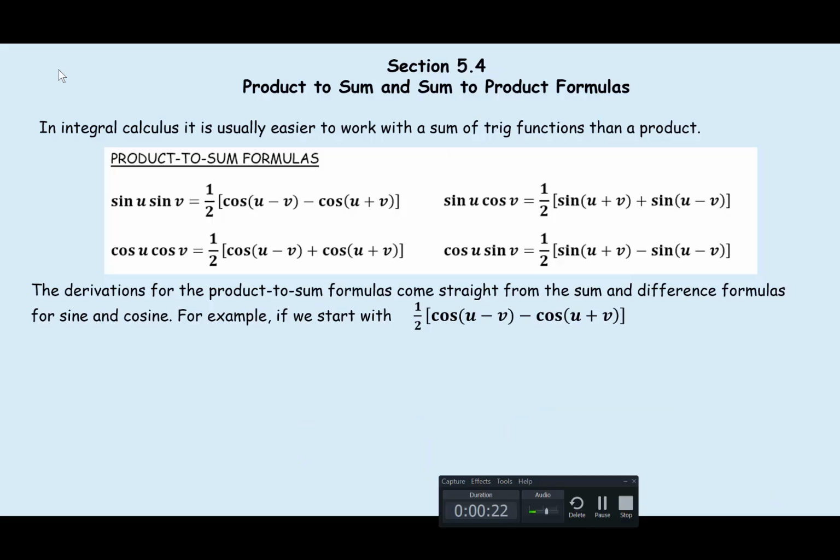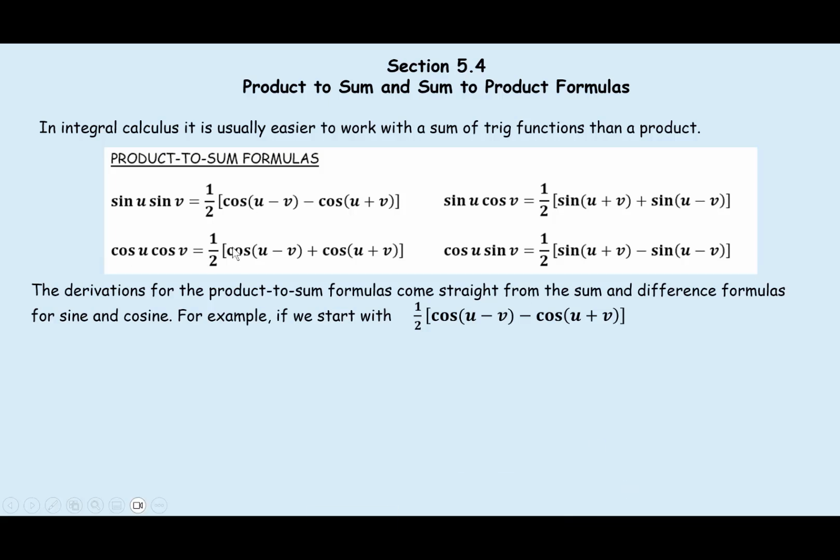Okay, section 5.4, product to sum and sum to product formulas. In integral calculus, it's usually easier to work with a sum of trig functions than a product. So it's sometimes necessary to change a product to a sum. And so the derivations for the product to sum formulas come straight from the sum and difference formulas for sine and cosine. So for example, if we start with 1/2 times (cosine of u minus v minus cosine of u plus v),